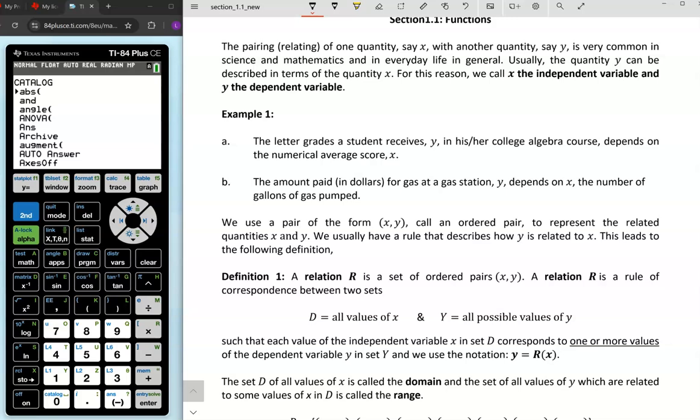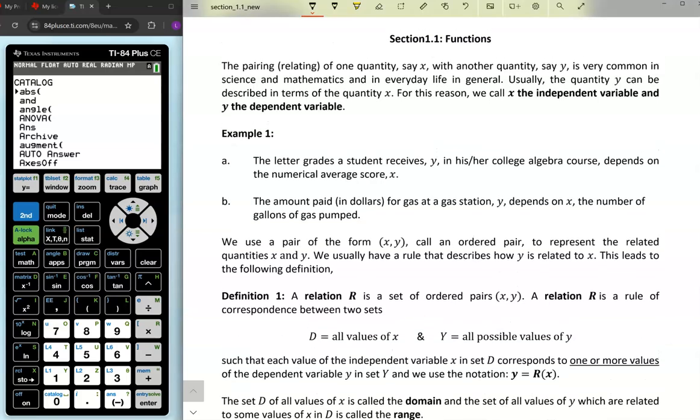Welcome to our first lecture in Chapter 1 for College Algebra. Now, this section we're going to look at is going to be mostly a review section over concepts that you've seen in previous math courses. Now, we're going to be looking at the idea of functions, but before we get into functions, we're going to